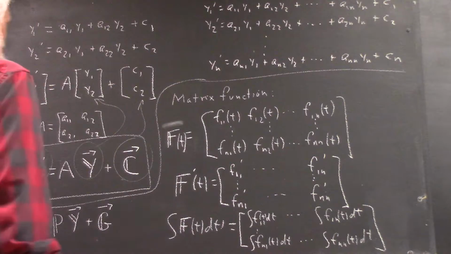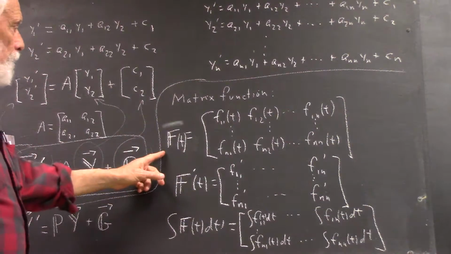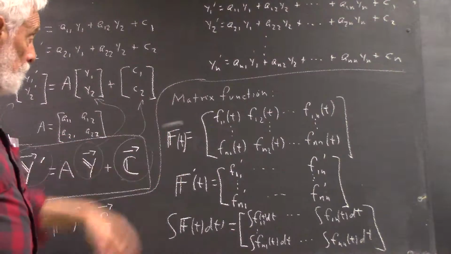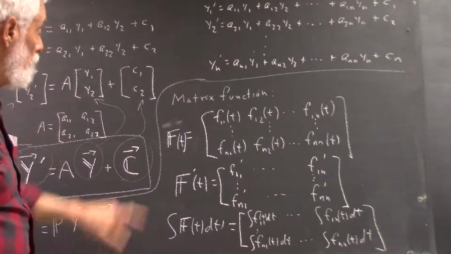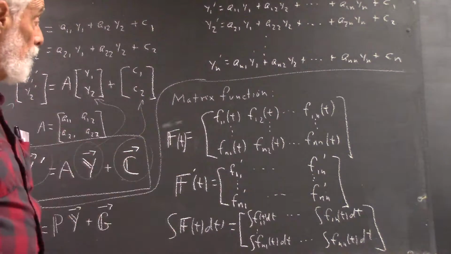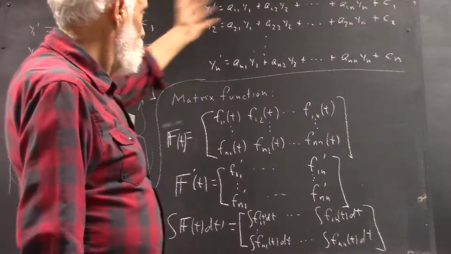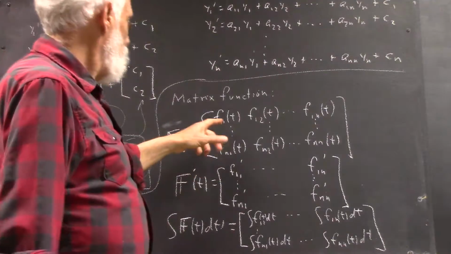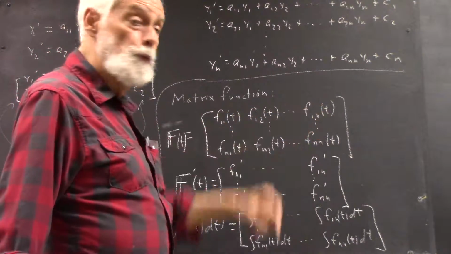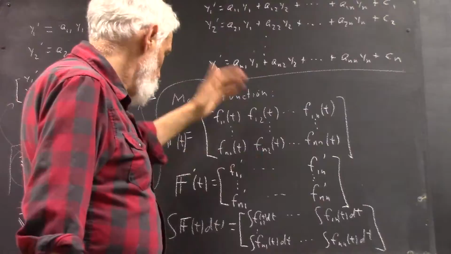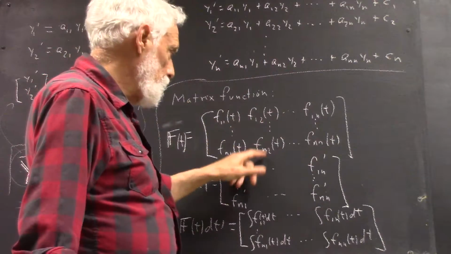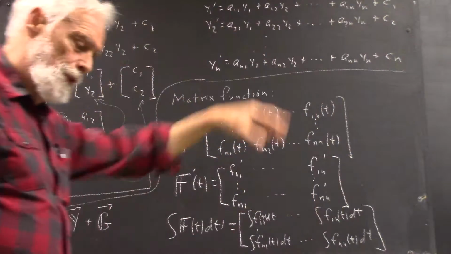Okay, a typical matrix function. I'll use a big fancy f of t. I won't put an arrow over it, I did, but I erased it. Okay, big old fancy f of t, and that's going to equal, well, just following notation here, f11 of t, f12 of t, f1n of t. And then you go down to the nth column, got fn1 of t, fn2, and fnn, and all the stuff